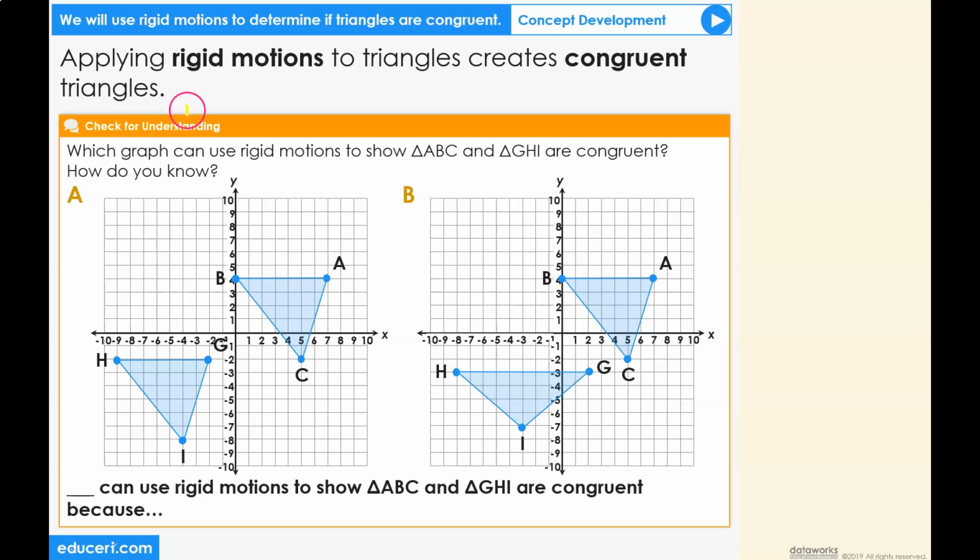Let's check for understanding. Which graph can use rigid motions to show triangle ABC and triangle GHI are congruent? How do you know? There are two different graphs with the two triangles, triangle ABC and triangle GHI. Blank can use rigid motions to show triangle ABC and triangle GHI are congruent because